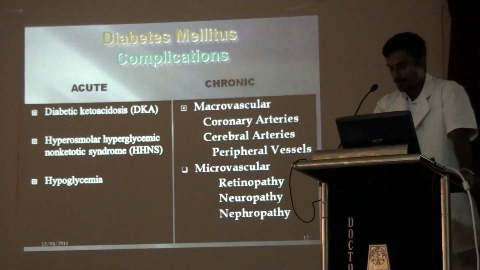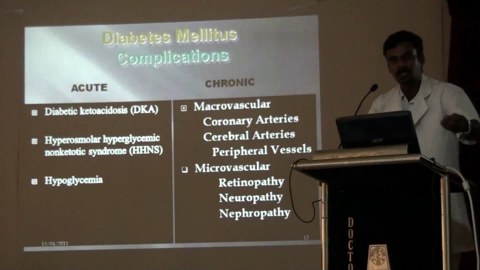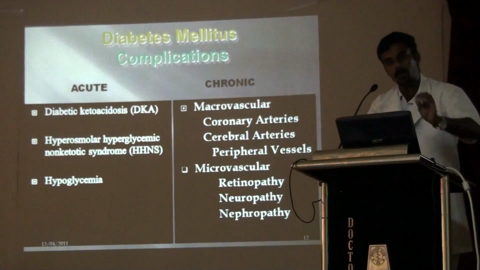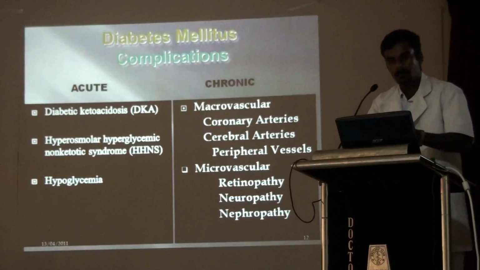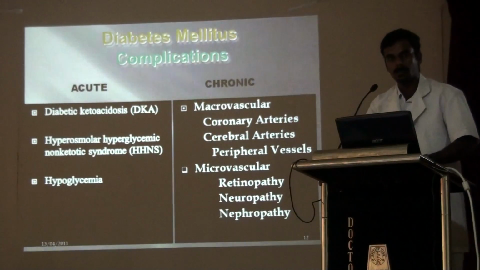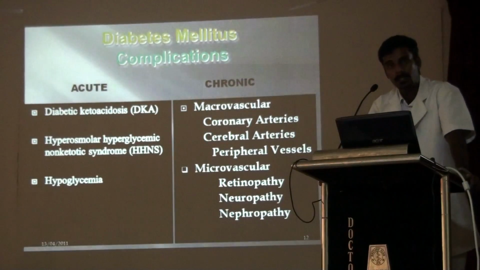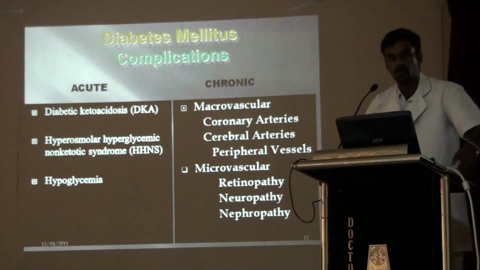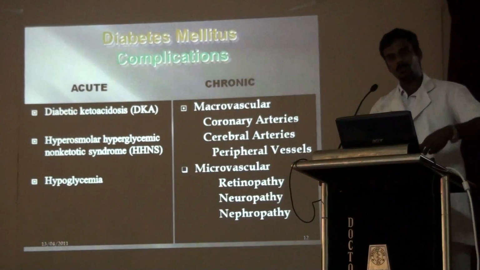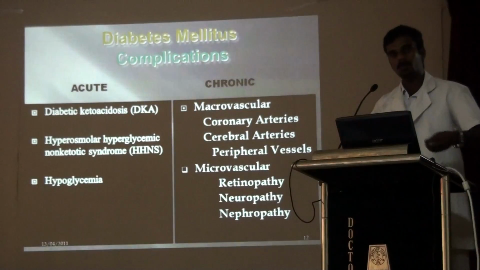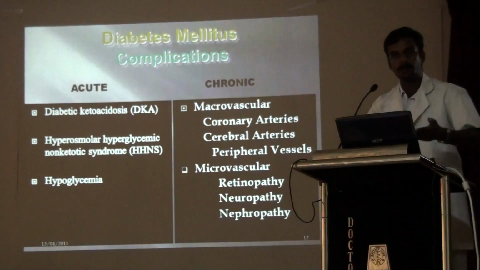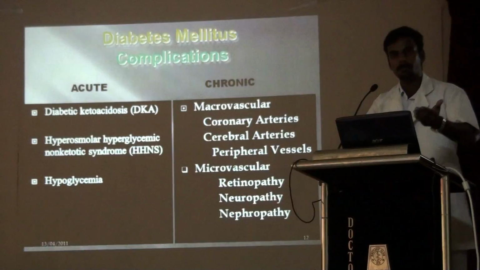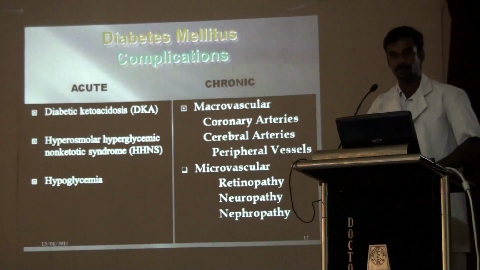So the pathophysiology is, it may be seen in both type 1 and type 2, but more commonly seen in type 2 diabetes mellitus. What happens is, the blood contains a lot of glucose. It causes hyperglycemia. Then hyperglycemia initially causes an increased amount of urine to be produced. The patient goes to the bathroom very often because of increased urine production due to hyperglycemia. And at a stage, after some period, suddenly the urine production diminishes,